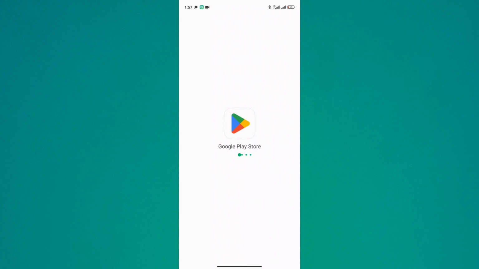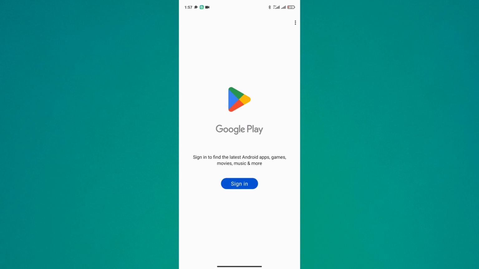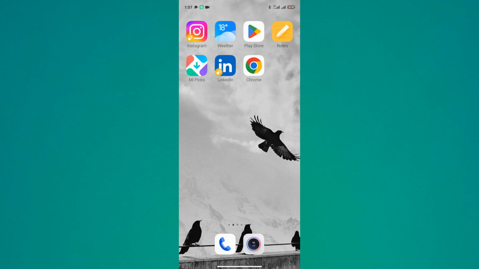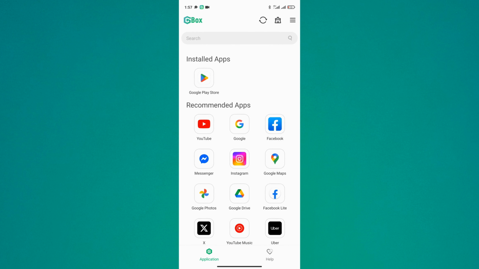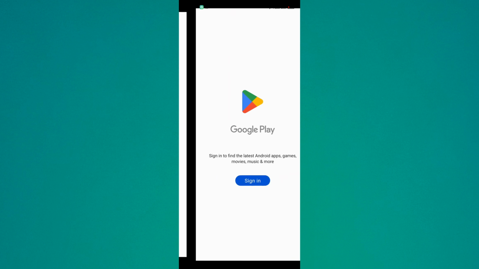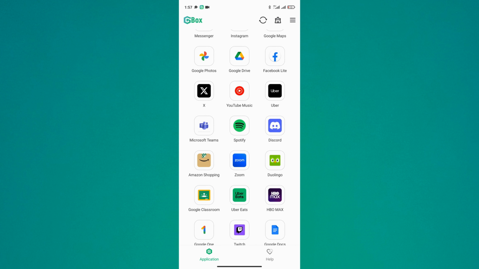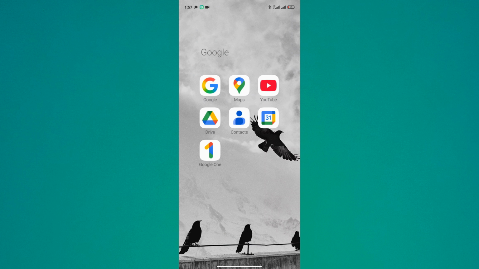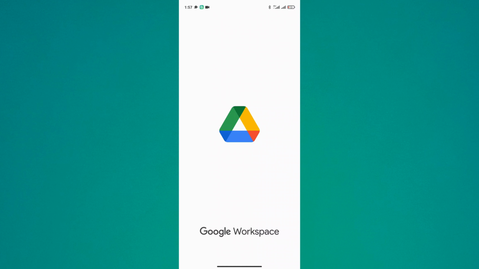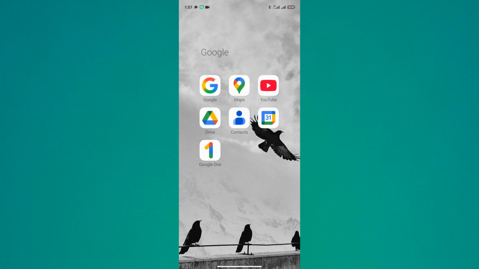So here you can see, by staying within this app I can use the Play Store, which means if you want to use two Play Stores, you can keep one here and this one here. So if you are using a non-Huawei phone, for a Huawei phone you can use any of the applications by staying within the app. You can see it's not logged in, and if I see in settings I have tribes that are active and working. So these are the easy steps to use the